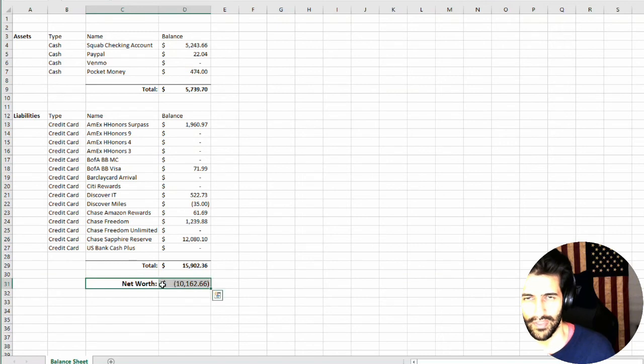So that's my net worth. I'm gonna put it in a border as well. And it's pretty simply gotten by subtracting the liabilities that I have from the assets that I have. And this is basically all the stuff that I can sell in order to pay off the liabilities or the